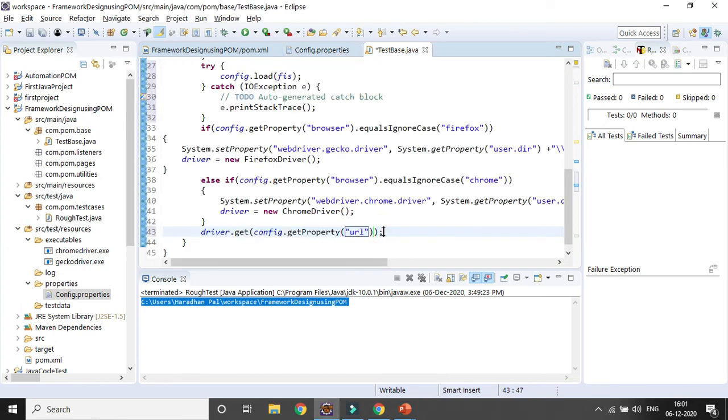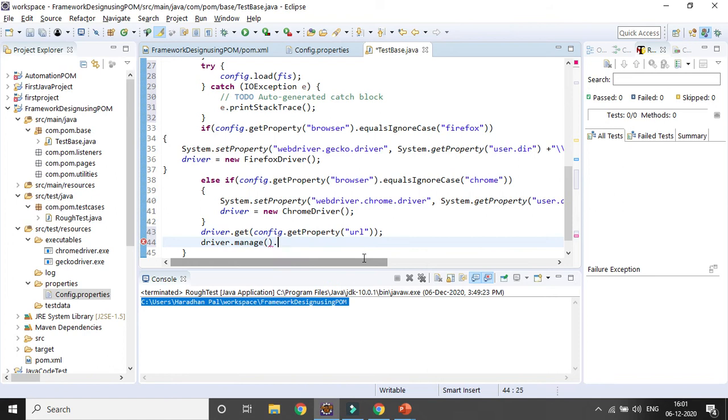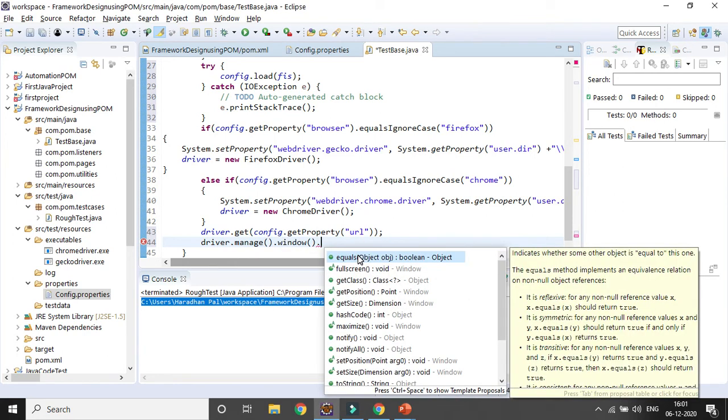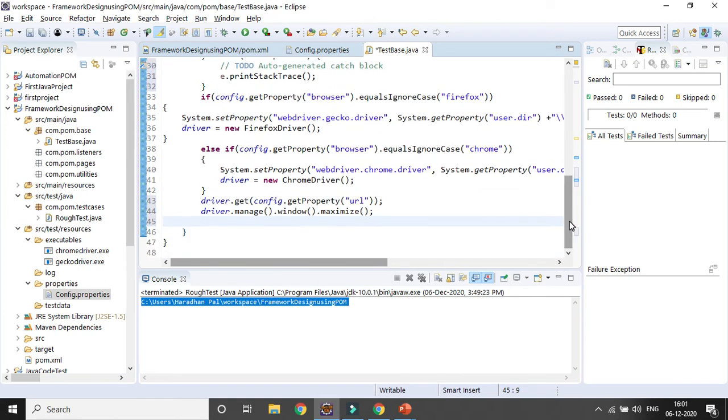Then I also want to maximize the driver. So driver dot manage dot window dot maximize. I'll maximize the window, right? Then I will give some timeout.